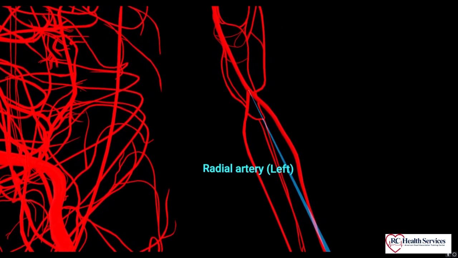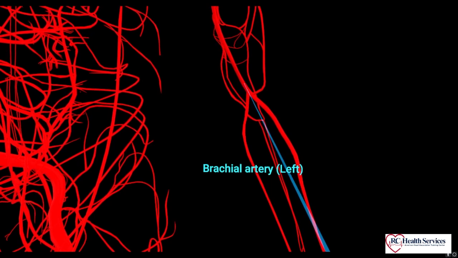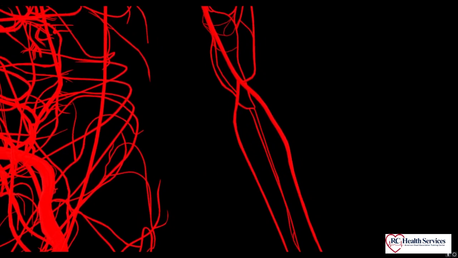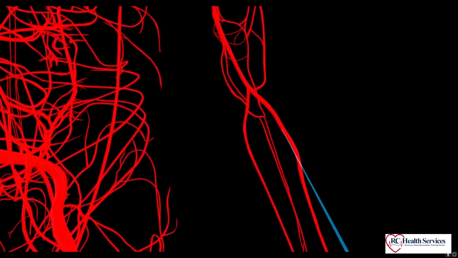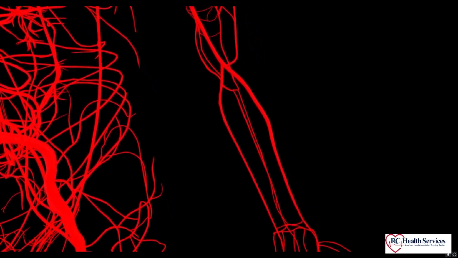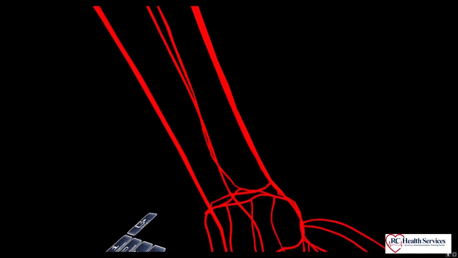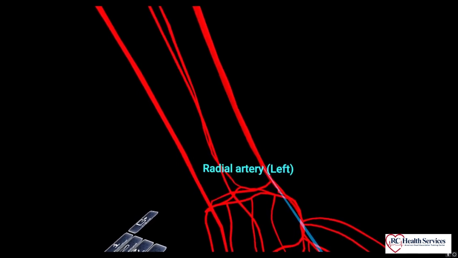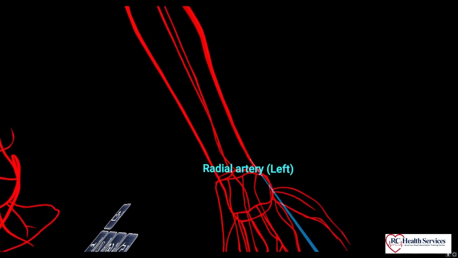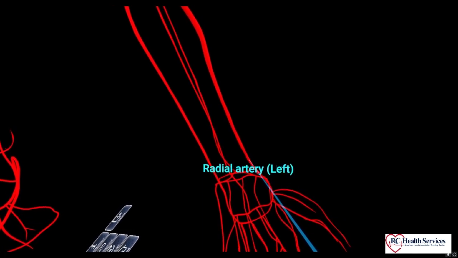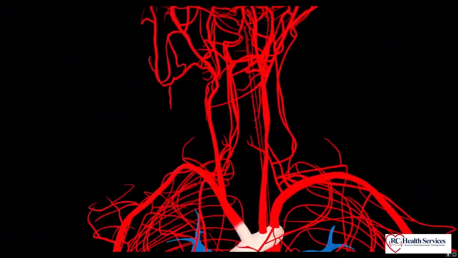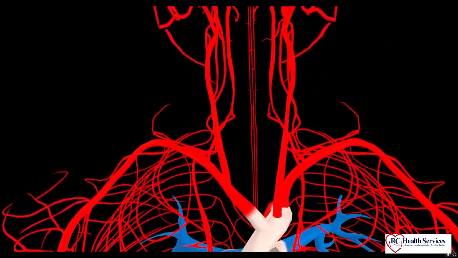So here's the brachial artery and the radial artery up in the arms. The brachial artery is going to be the upper portion of the arm, and then the radial is going to be down in the bottom of the arms. This is where the majority of the time you're going to get your pulses from, the radial artery. Whenever you're getting a heart rate on a patient, you'll get it usually from the radial artery,